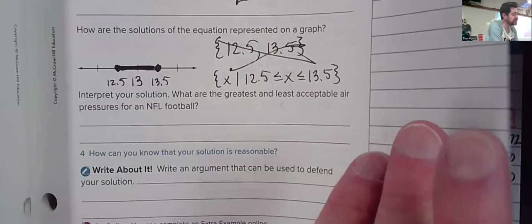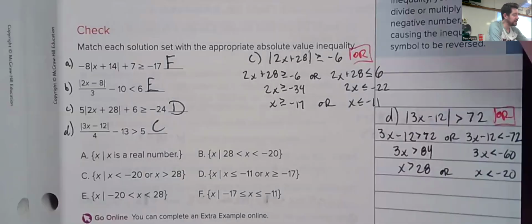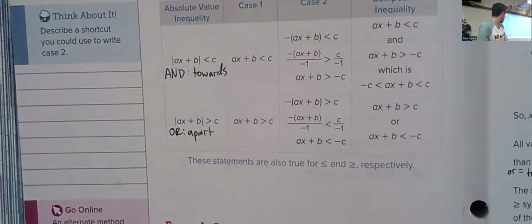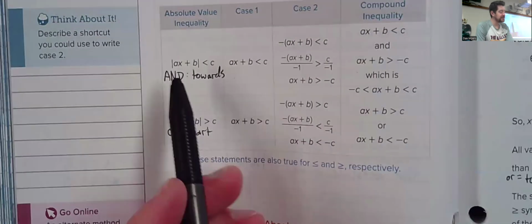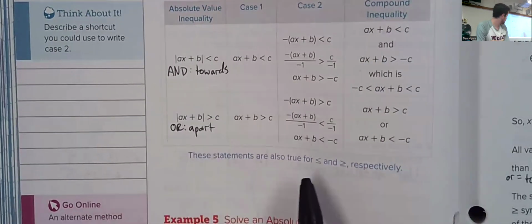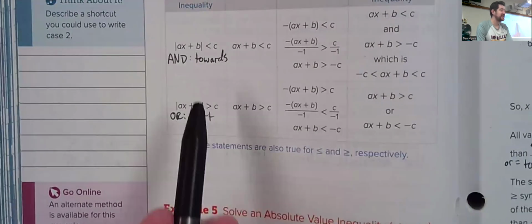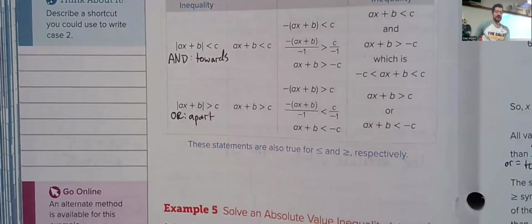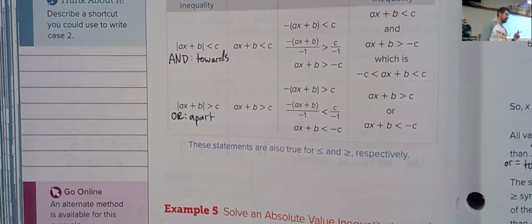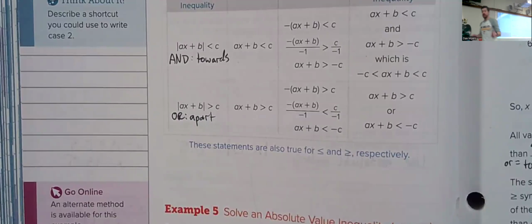And then we moved on to absolute value inequalities. This is where we use this little table right here. If you ended up with the absolute value by itself, and it was a less than, or perhaps a less than or equal to, this was an and statement. An and statement meant that the answers that you get, both the regular and the opposite versions,